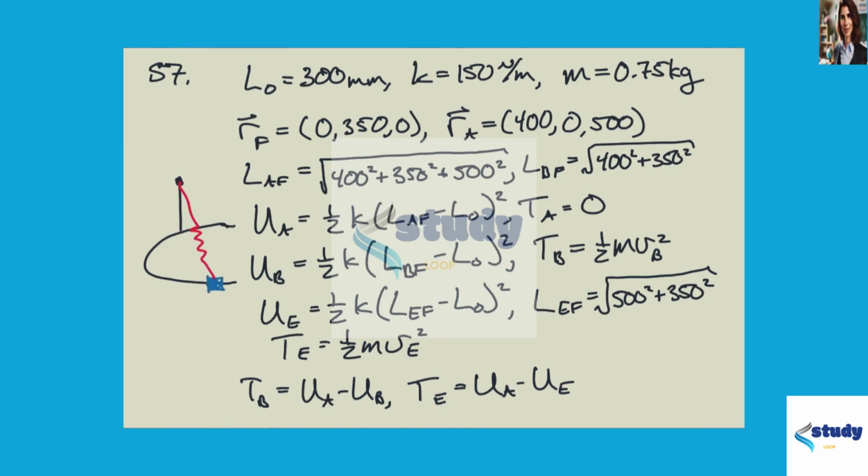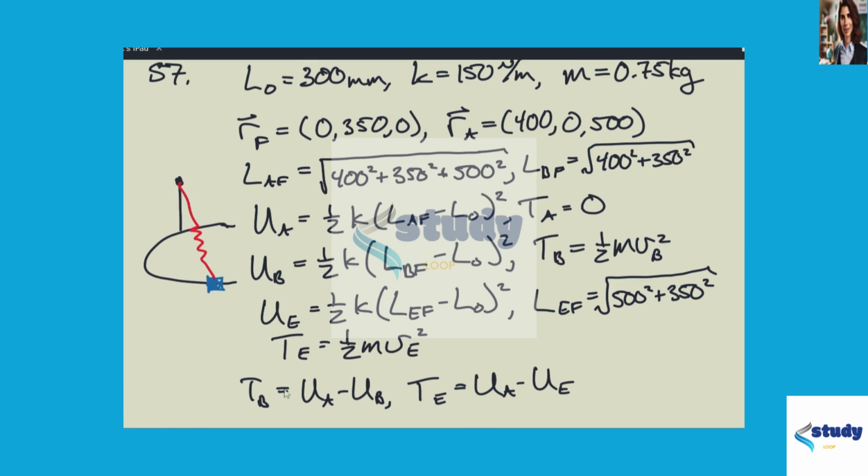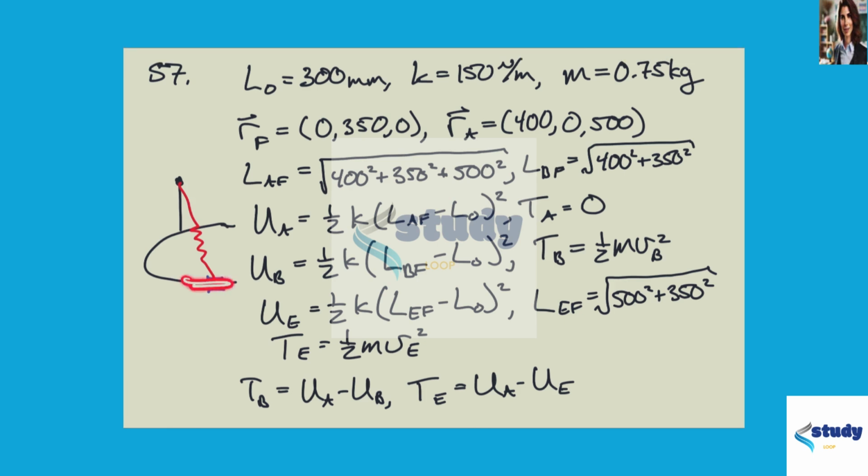In this problem, we have a collar sliding on a track. It is straight in these regions, and then it's a circular arc in these regions. I've drawn it fairly poorly. It's in 3 dimensions, and then there's a spring connected to the collar that's attached to a point above the